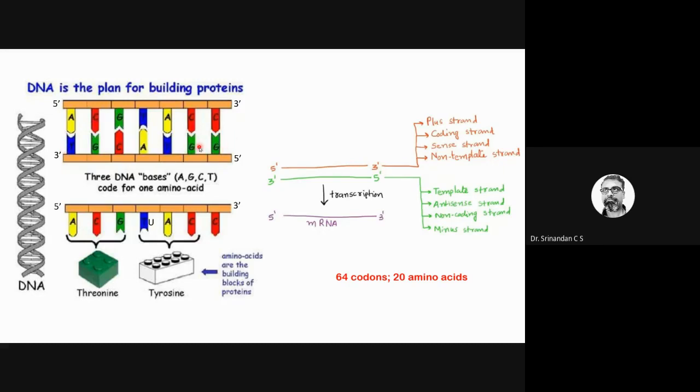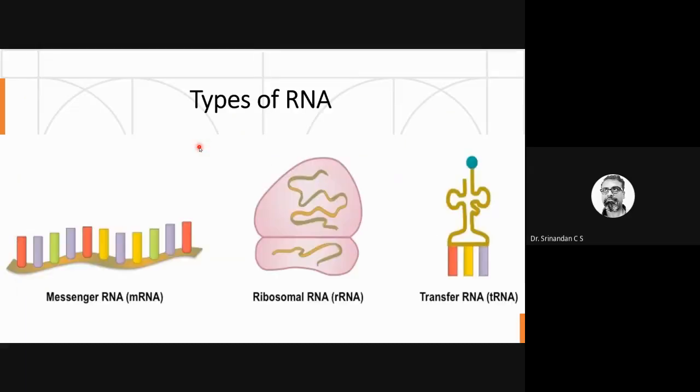Okay, so this terminology is very important. And then once RNA is formed, it is single-stranded RNA. I told you, predominantly there are three different types of RNA, but apart from this there are also many other types of RNA, which I'll not be going into in this talk. But these three are what we have to remember.